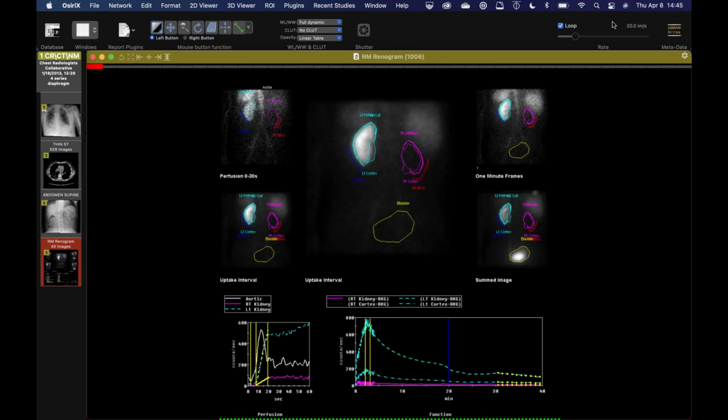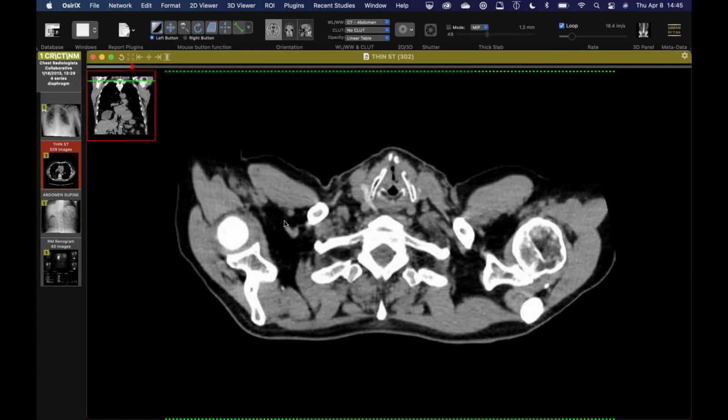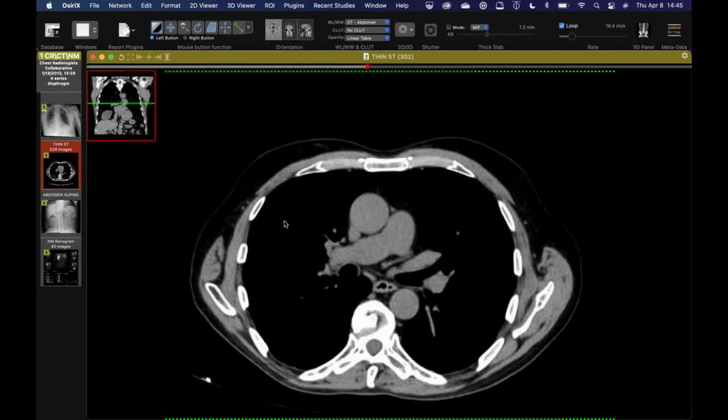But what's kind of cool is if you watch the cine loop, which will be up in this upper left-hand corner. So let's see if I can get the cine loop to play. You'll notice there's uptake and excretion in the left kidney, and you see it into the bladder. And then there's a little bit of liver and spleen uptake early, but notice there's no uptake in this ROI here. But look right up here in the corner towards the end, you'll see there's uptake. So what happened was when that nuclear medicine study was done about 8 years ago, whoever prepared it